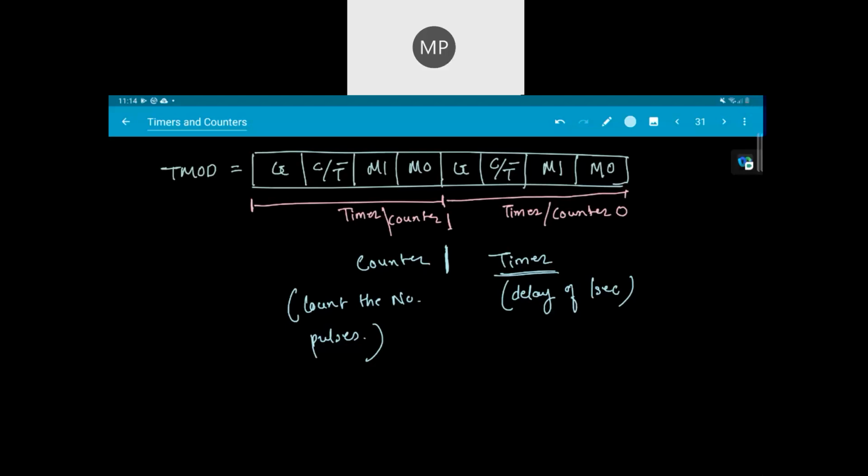So basically what we are proposing is to use this particular timer 1 or this timer or counter 0 as a timer, and this as a counter. Right, we can use that. Right, along with that,